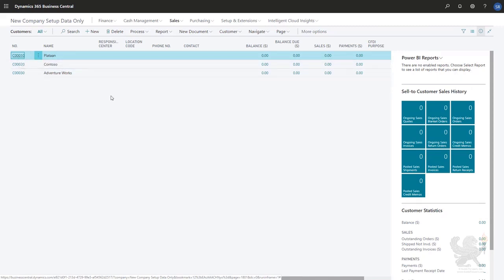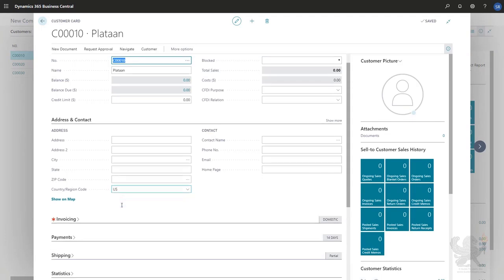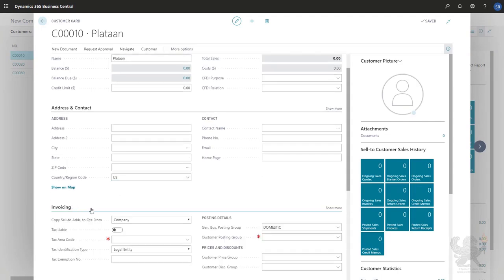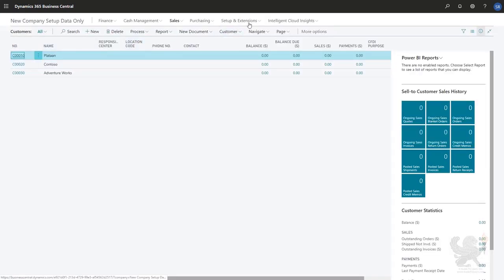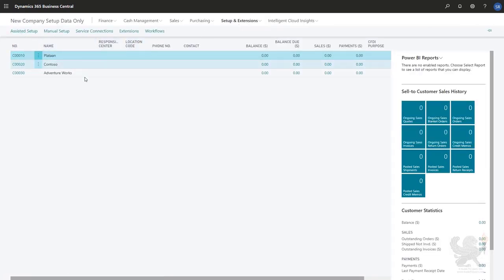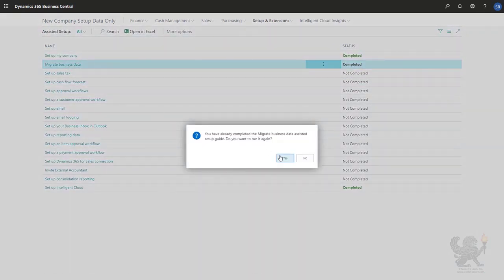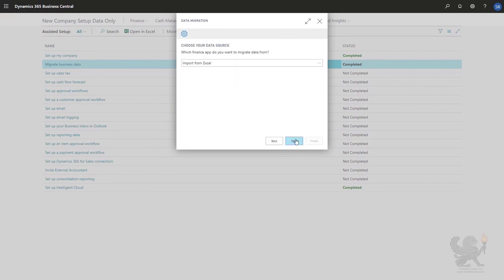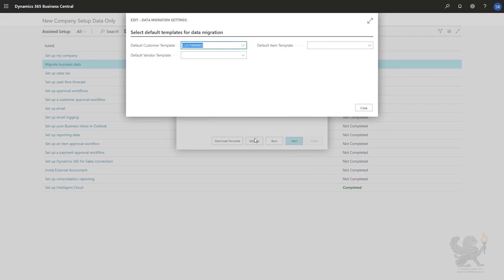And if I open these customers, the template was also applied, because I can see the country region code has been set to US. And if I open, for example, the invoicing tab, I can see that the general business posting group has also been set to domestic. So by applying the template in the data migration wizard, I was able to default a number of fields when I was migrating my customer data. And as you notice, I have done that by selecting the settings option in the data migration wizard